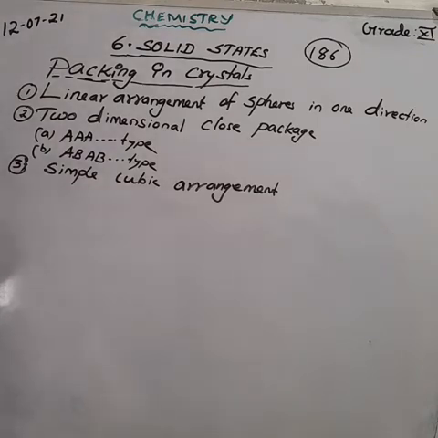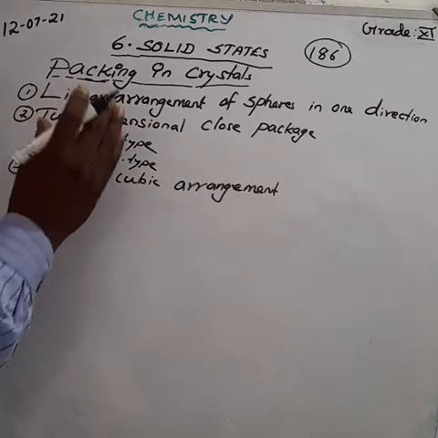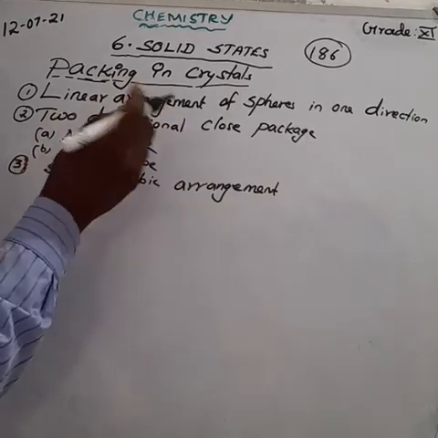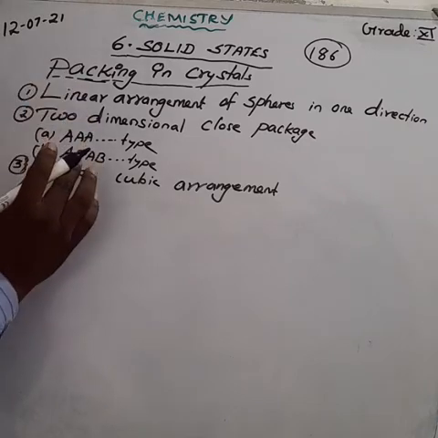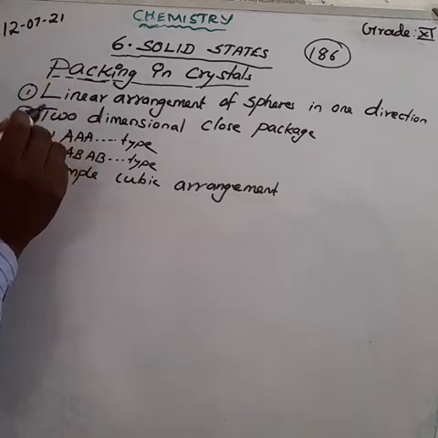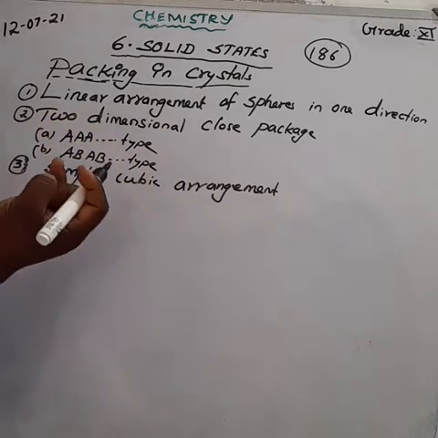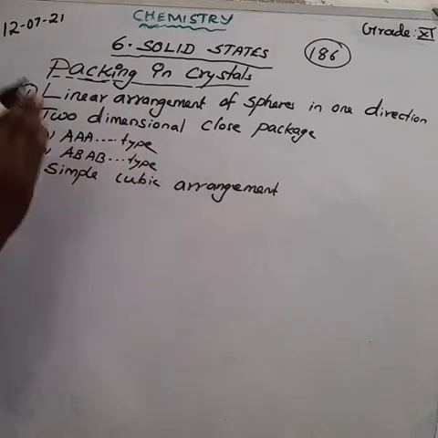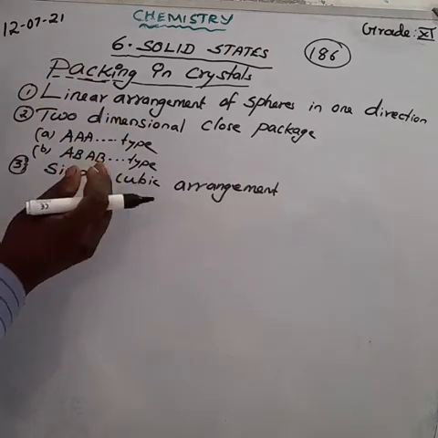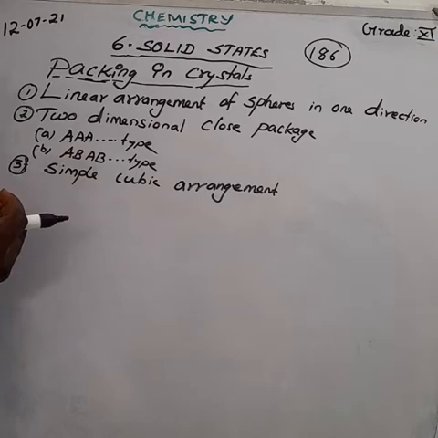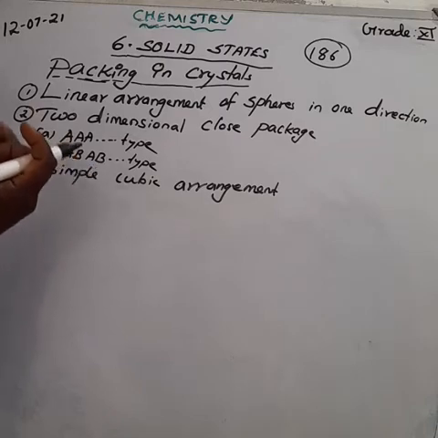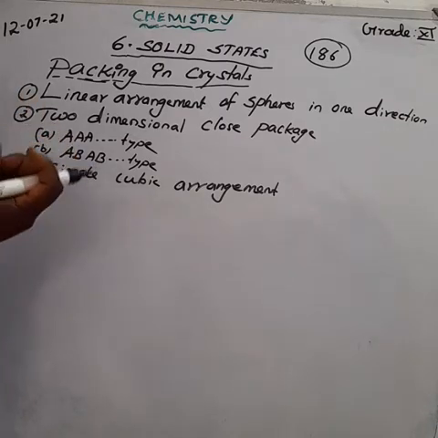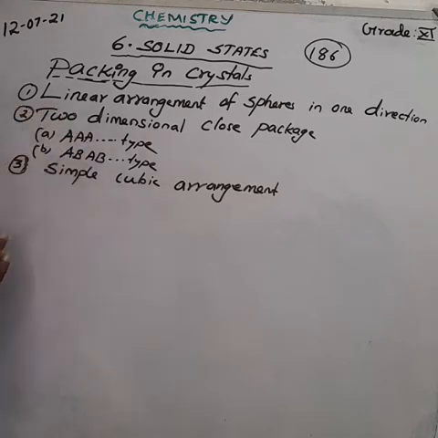In the fruit stall, we know how the fruits are packed and arranged in different directions. Like that, in a crystal, the constituents, that is, atoms or molecules or ions, how they are arranged, that we are going to discuss now. And one more point, how to pack identical spheres to create cubic and hexagonal units.